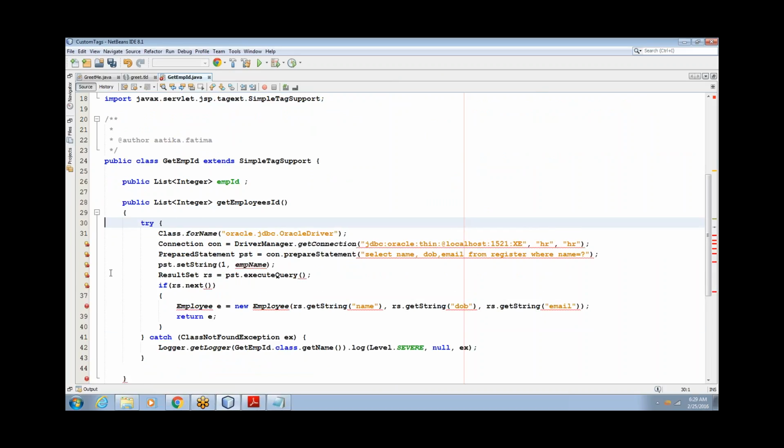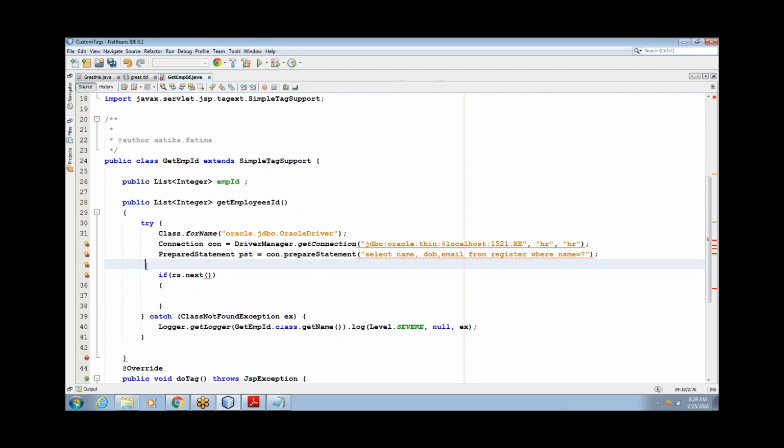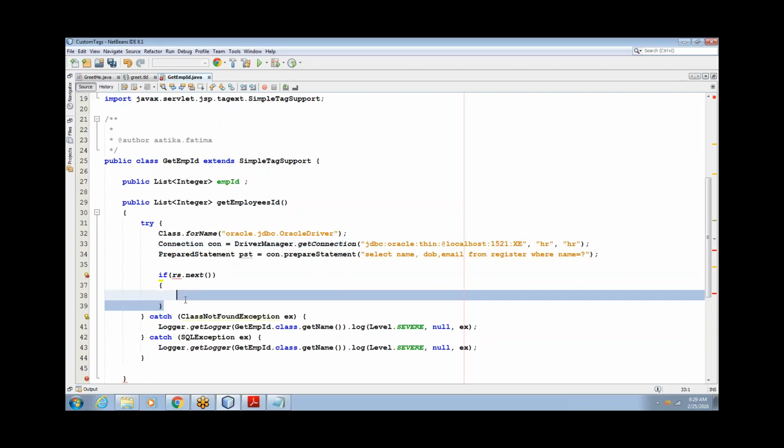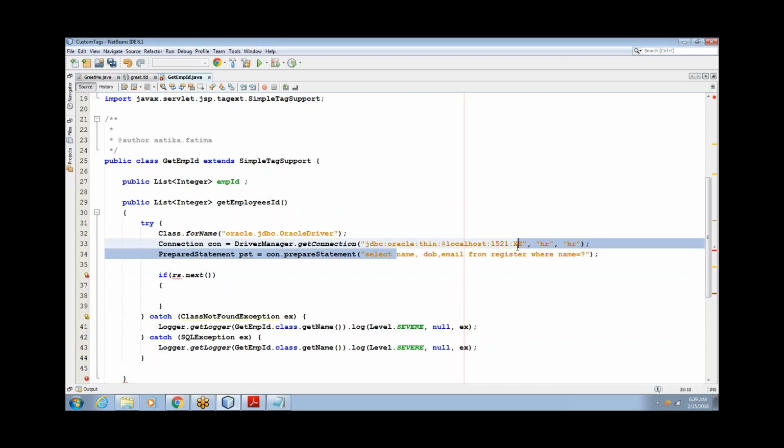Surround block, so whatever is required I'm keeping, the rest we will delete. And I think we need to add a catch clause. Now for this we don't require all this, you just require select employee ID from employees. You should have the database wherein you have got the employees table. From that I am retrieving only employee ID, and